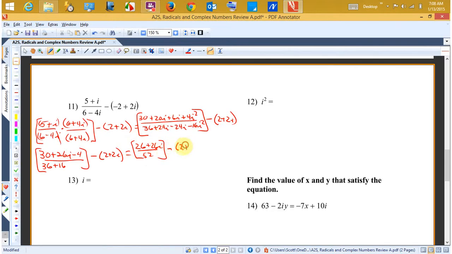minus 2 plus 2i. Let's go ahead and split this into its real and imaginary parts. So that would be 26 all over 52 plus 26i all over 52 minus 2 plus 2i. Now 26 over 52 is just 1/2. The 26i over 52 is going to be i over 2. And then I'm going to subtract